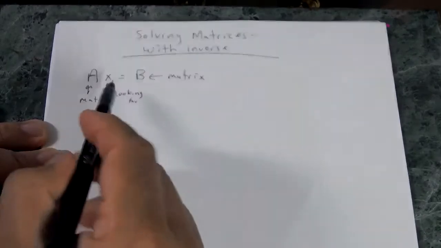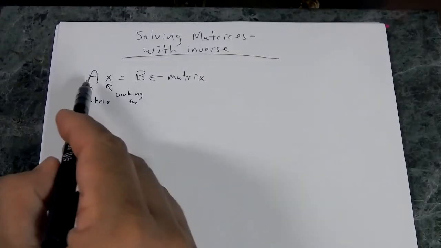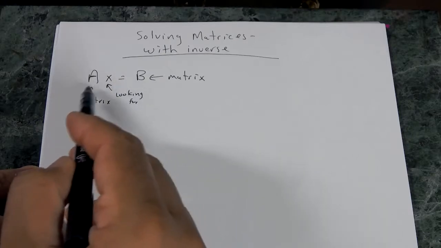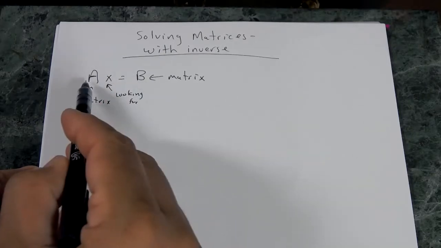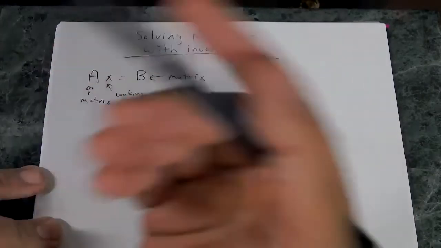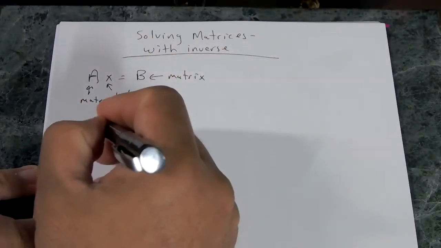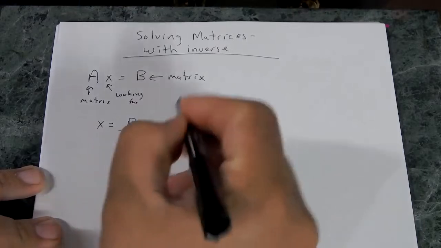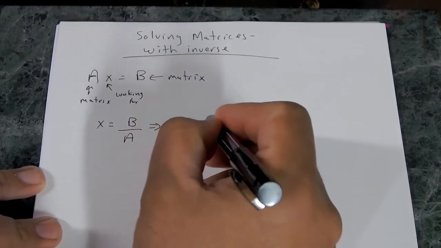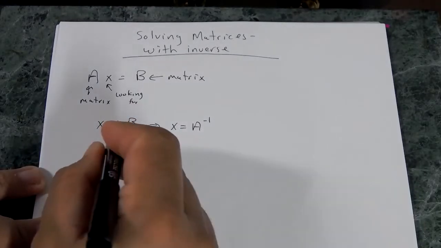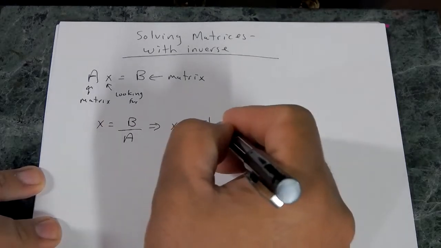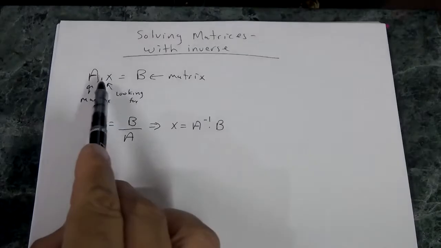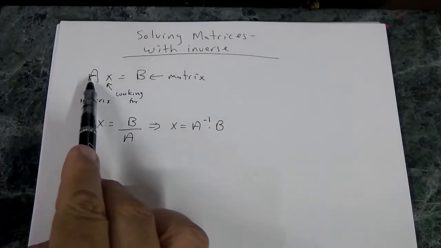So to solve for the matrix that we're looking for, technically you'd say, hey, you just divide by A. But in matrices, you can't divide by A. Well, let's say we can. We get X equals matrix B over matrix A, which is A inverse. If I put the power up above, it becomes A inverse times B. So in order to find this matrix that we're looking for, you have to take the inverse of this